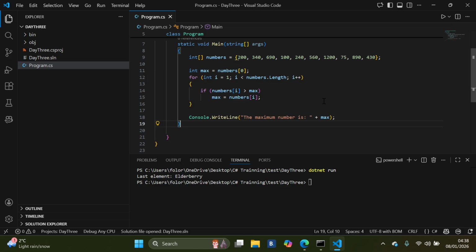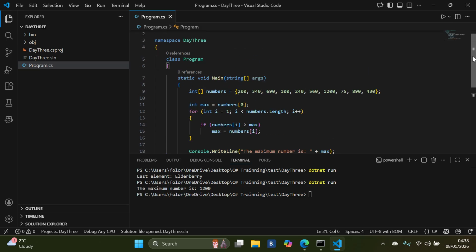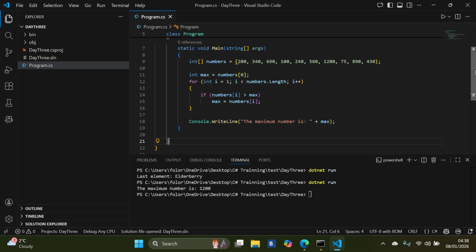So here we have, let's run this program and see the results. So here, as you can see, the maximum number is 1200, but we can also refactor this code to make use of a method, and by that we can just come here